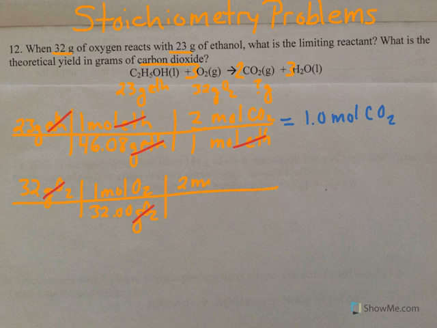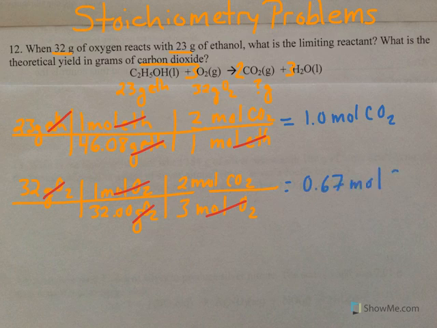So again, it's 2 moles of CO2, but now this time we have a 3 in front of the O2. So 3, let me fix that. 3 moles of O2. All right, so now we have a cancellation. And we're left with 0.67 moles